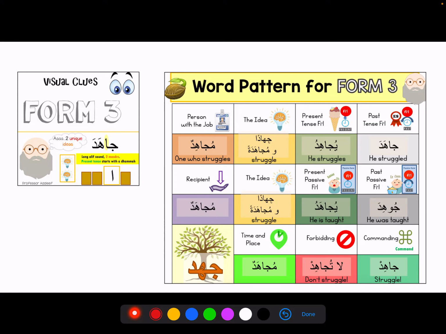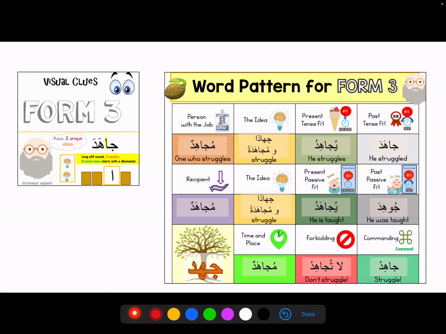And what is another way to remember this family? Masdar. Yes, so we can remember it by the masdar. We can say jihadan, or mujahadatan. Not mujahida, mujahadatan, because if I say mujahida, that would be ism fa'il, the lady. So that would be ism fa'il. So the masdar is mujahada.